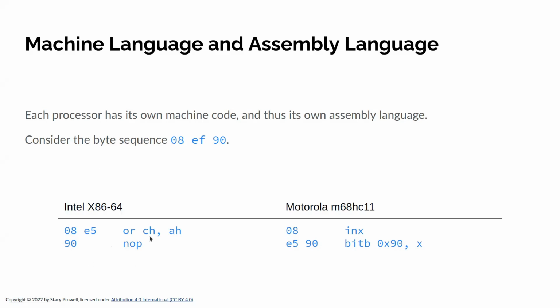We'll see that we're ORing together two 8-bit registers, and then we're doing a NOP, a no-op. If, on the other hand, we look at it on the Motorola M68HC11, I think it's a ColdFire line of processors, we'll see that 08 is incrementing the index register X, and E590 is doing this little bit thing with